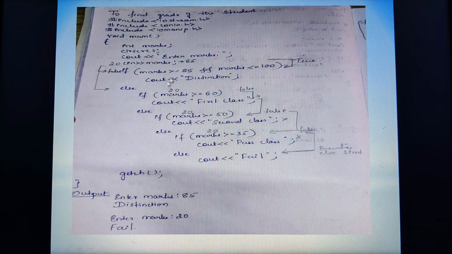Remember, once statement 1 is executed, it will never go to the false part of the statement. This is the false part of this if condition. So once the condition is satisfied, only the true part of the statement will be executed. If this condition was not satisfied, then only the control jumps to the false part. It will never execute both.